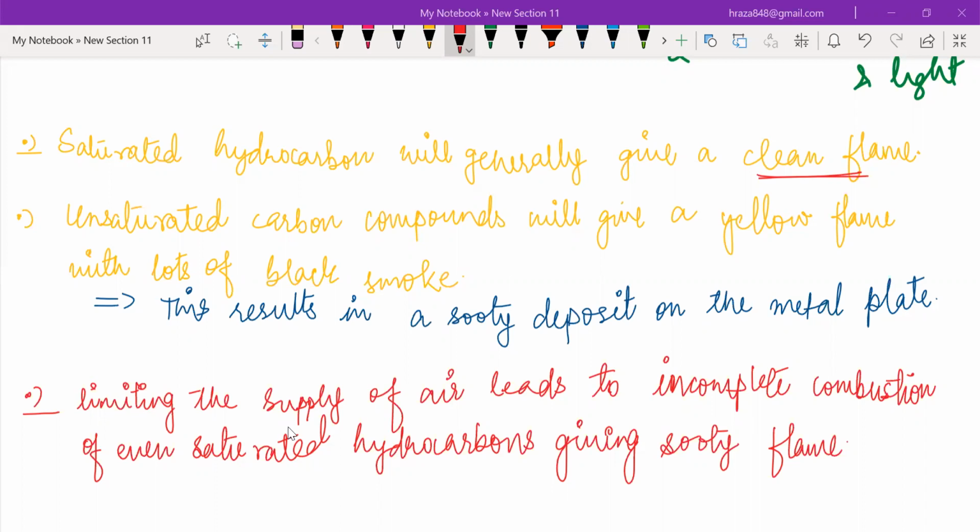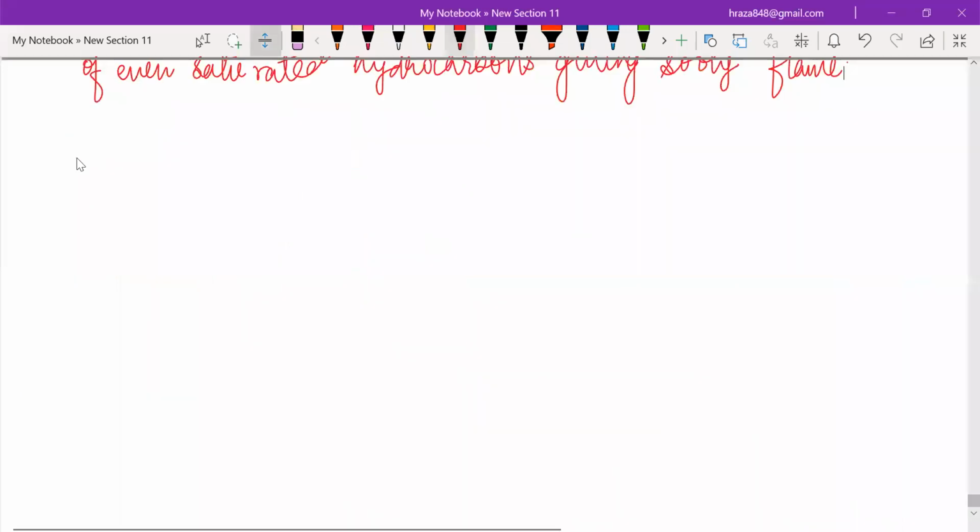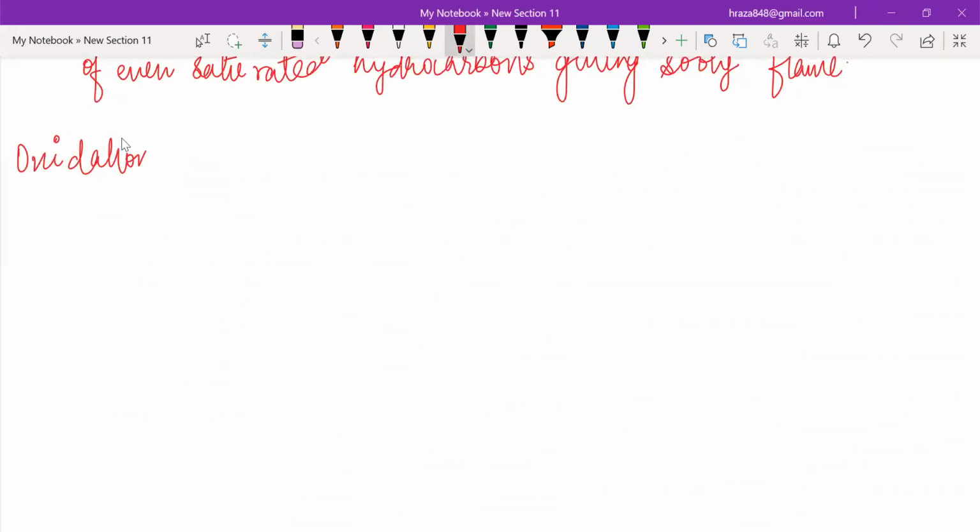Now the next topic is basically oxidation. Oxidation is very important. What is oxidation? So see,